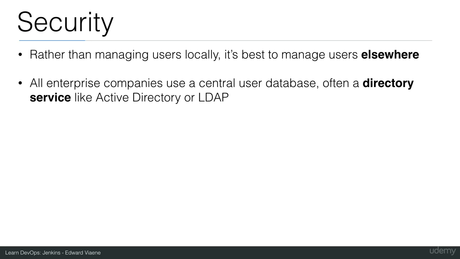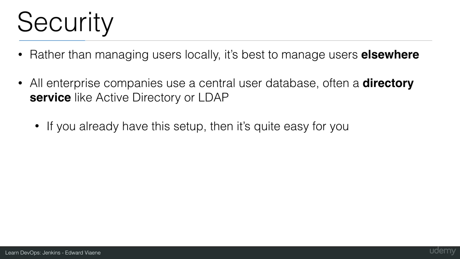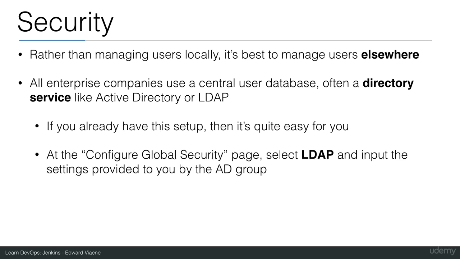All enterprise companies use a central user database, often called a directory service, like Active Directory or LDAP. If you already have this set up, then it's quite easy for you. At the Configure Global Security page, you just select LDAP and input the settings provided to you by the AD group. So if you're using an Active Directory or LDAP system, then you can configure Jenkins in just a few steps. You just need to enter a few text fields at the Configure Global Security when you select LDAP, and